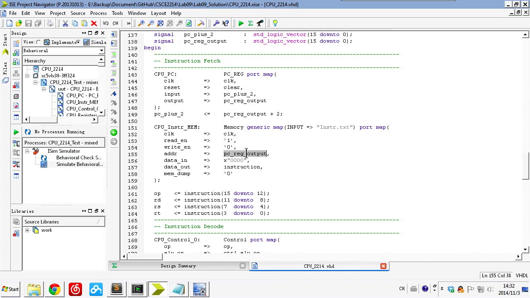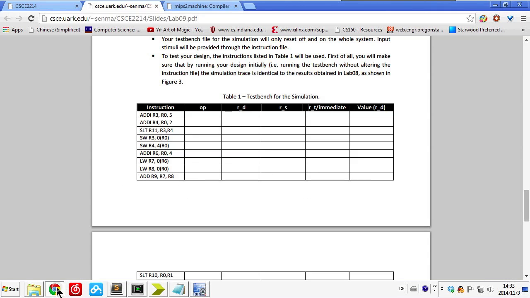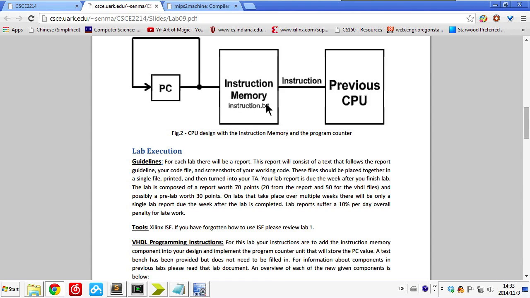Since this memory is read-only, the read enable is 1 but the write enable is always 0. Since it is read-only, we don't have to write into the memory, so the input data is always equal to 0. And the output of this memory is the instruction we will use. After I change the top module like this, the CPU can run by itself. In this case, you don't have to modify the test bench because the test bench has nothing in it. Instead, we have to save our instructions in the instruction memory, which means we have to initialize the instruction